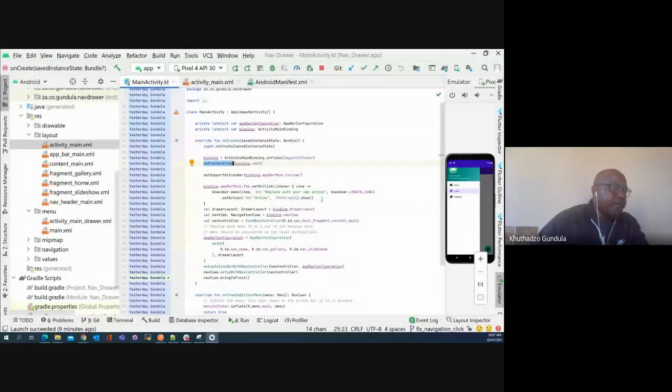So that's the activity, and then you're binding it with root, and then you set up